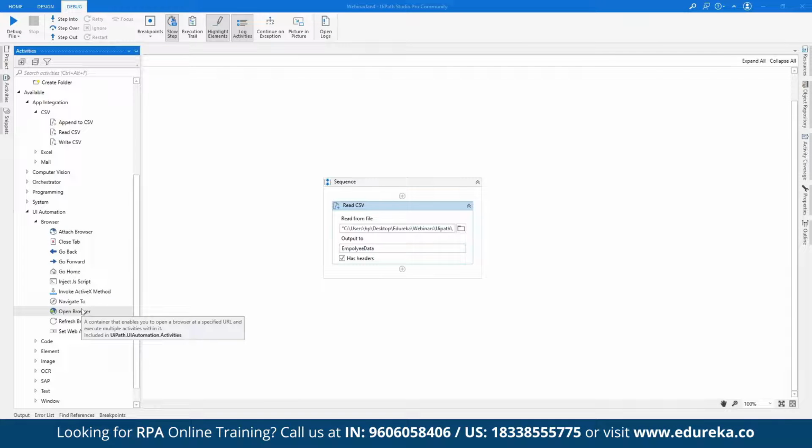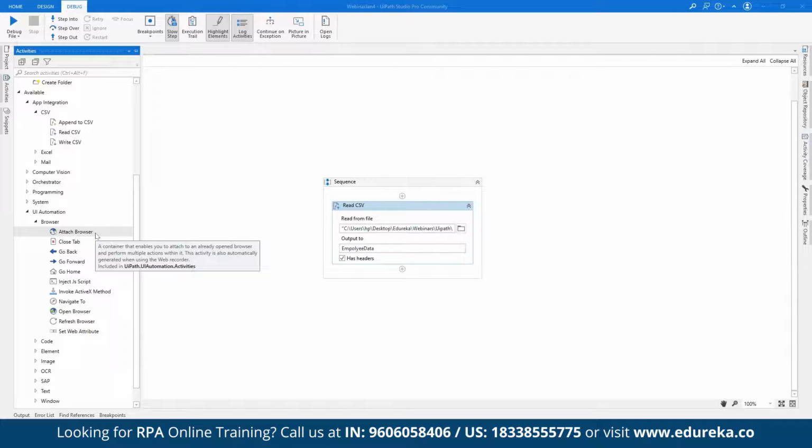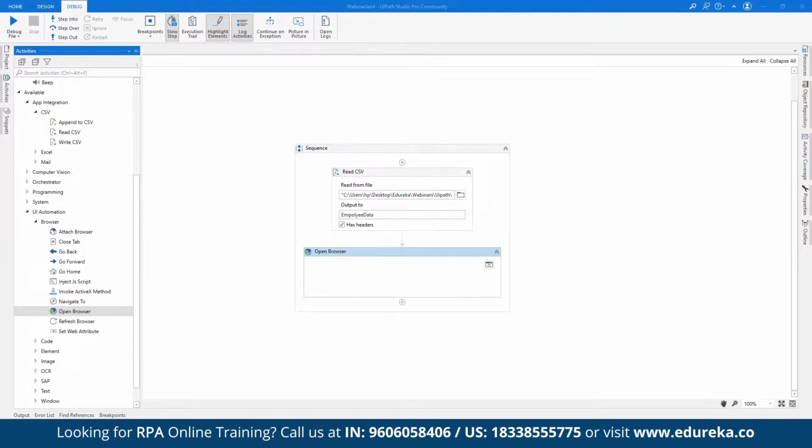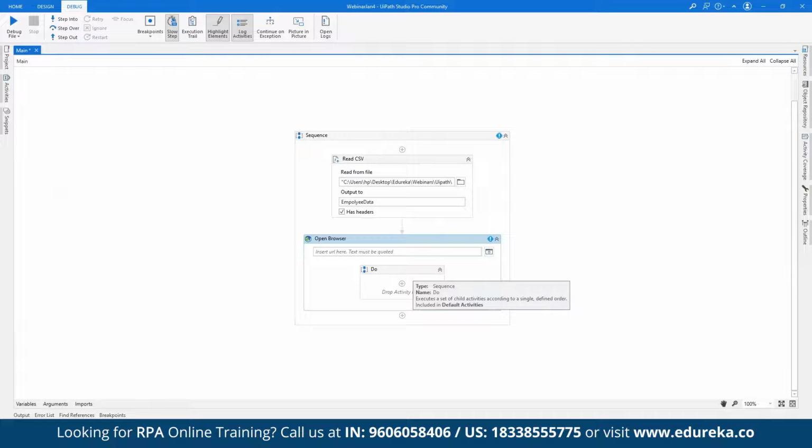Open browser always opens a new browser, whereas attach browser will take the existing browser. Simple. So this is my open browser. I'll just drag and drop this open browser. After opening the browser, this is the open browser activity, and I have to enter the URL